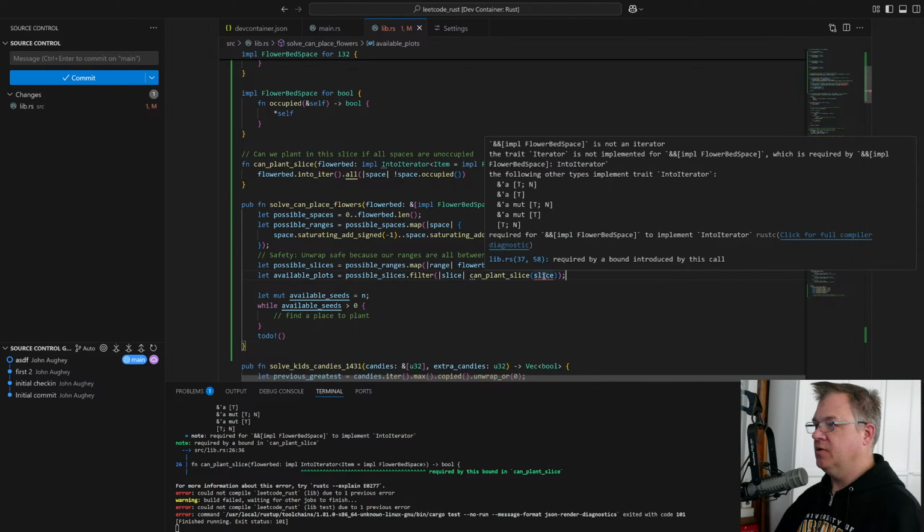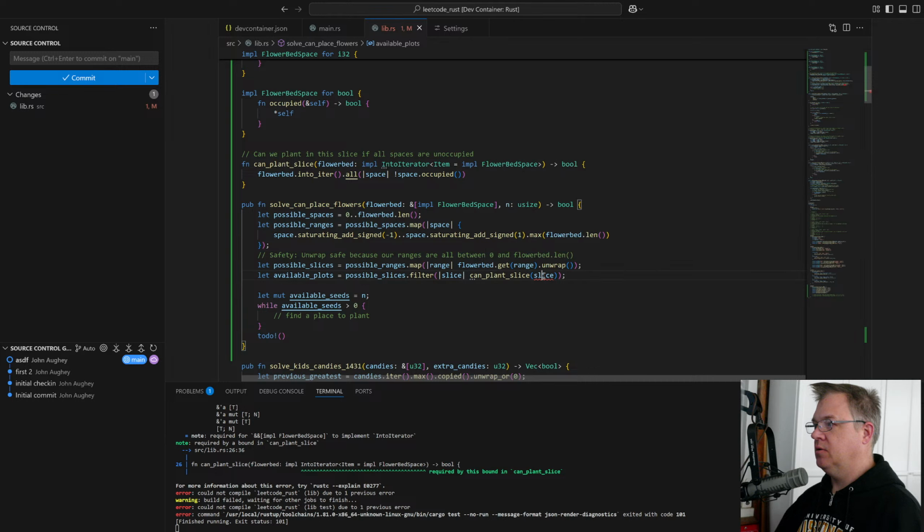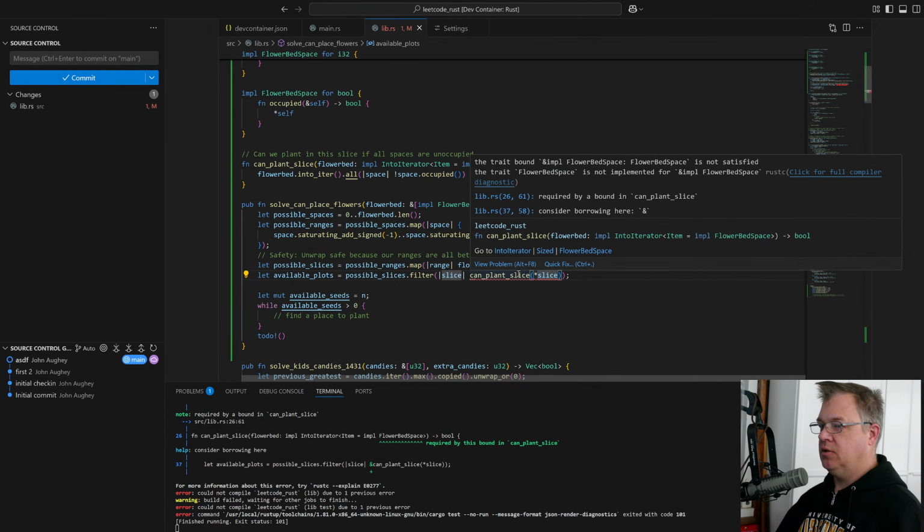And this says, yeah, so I just have to dereference that. Trait bound is not satisfied. Flower bed space is not implemented for flower bed space.